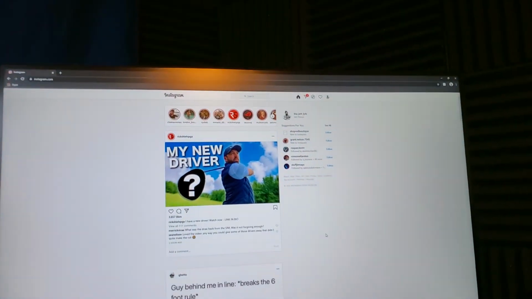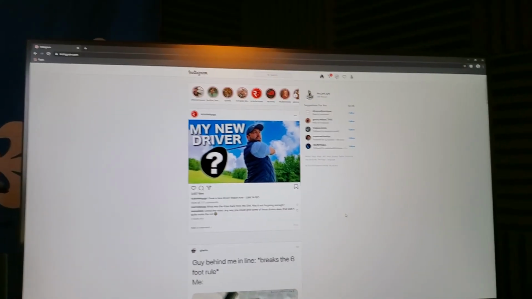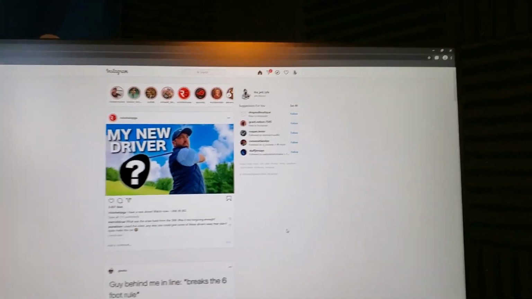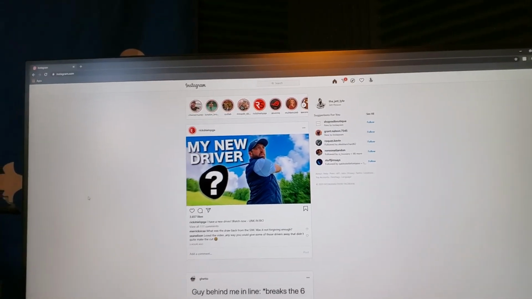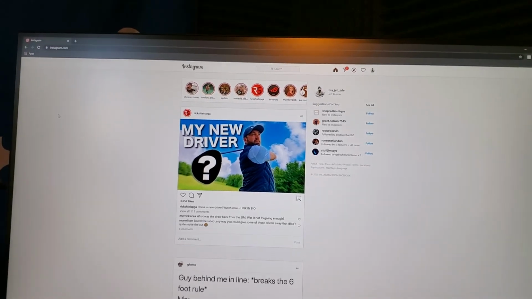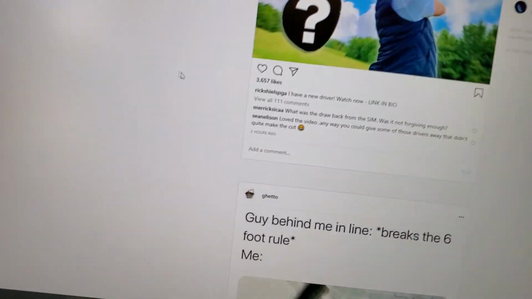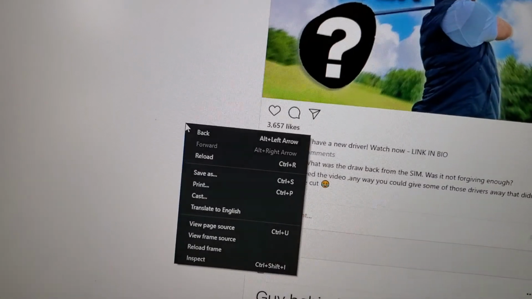So log in to Google Chrome. Get on Google Chrome, right, on your computer, your laptop, your desktop, your Mac, whatever. Log in to Instagram in Google Chrome. Maybe you can do this in other browsers. I'm not sure, though. Go ahead and right-click anywhere on the page and hit